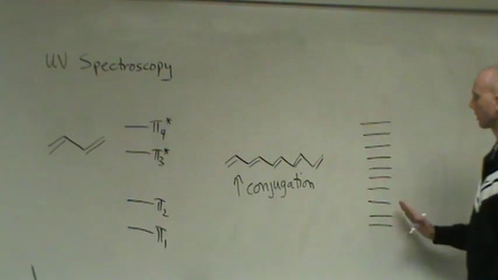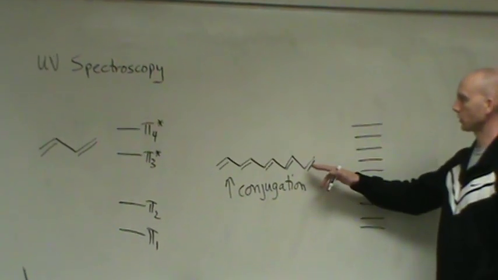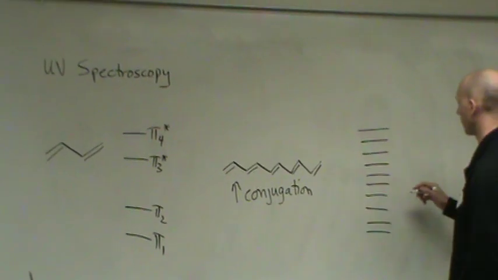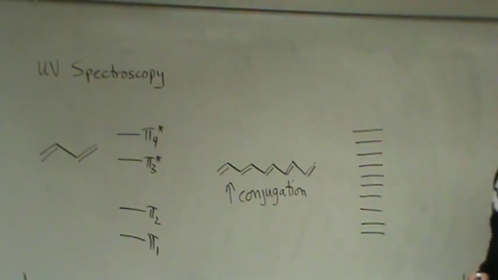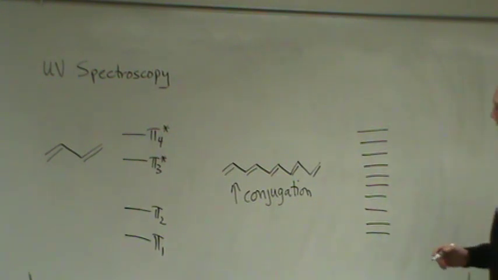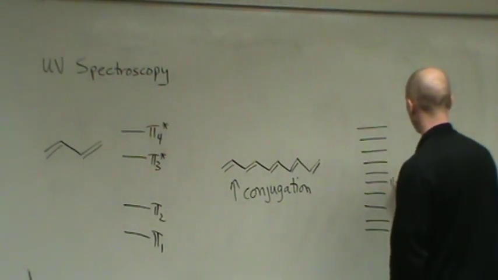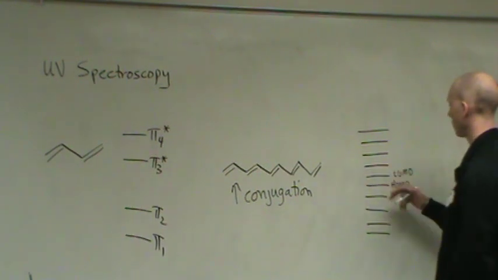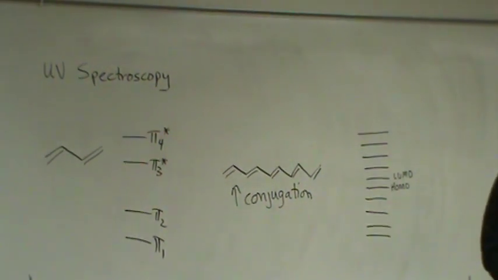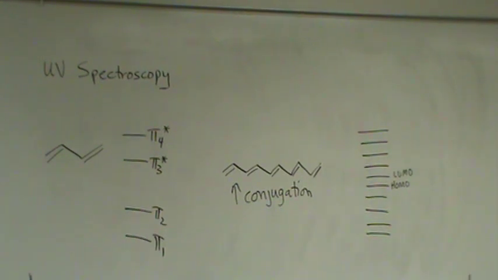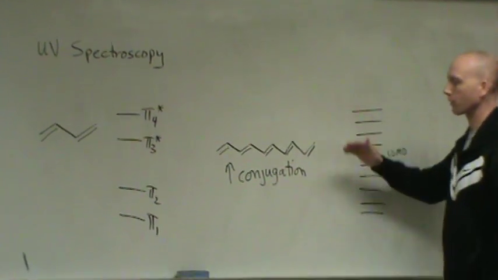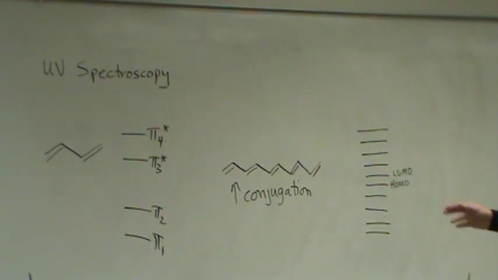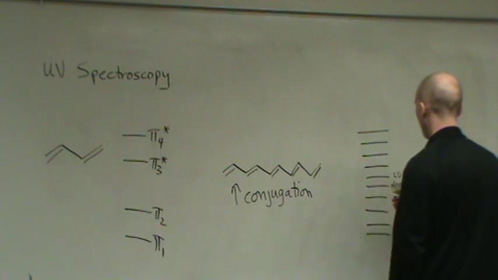Our number of molecular orbitals is always 2 times the number of double bonds, so we would have 10 molecular orbitals here. And our HOMO and LUMO levels would be right in the middle. I'm not going to draw out all the different phases, that's not important. The important part that you should be seeing here is that the energy gap,